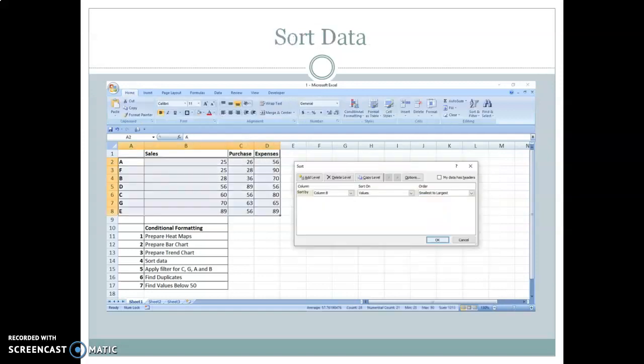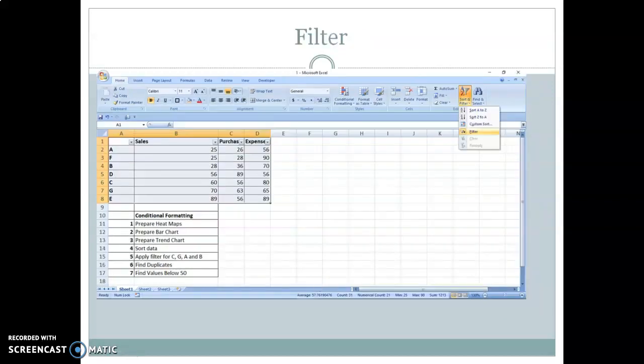Next one is representing your data, and only a few things that we would like to know. Over here in this question it is mentioned, sorry, the sorting of data. So sorting of data is what? We need to represent the data in a specified manner. So from the lowest to highest or highest to lowest, right? So again we have to go for sorting of data. Then how do we want to sort our data? Here I have given the smallest to the largest, right? And then click OK. So again we could prepare it, and then this is reflecting the sorting of the data,